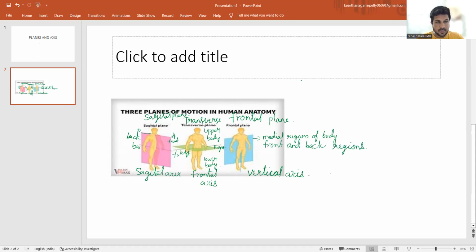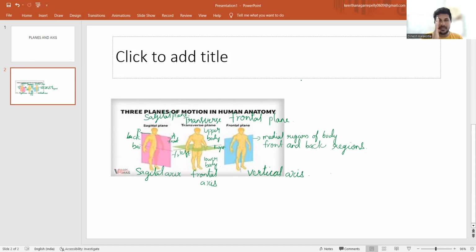Okay. So I just mistook the frontal plane with sagittal plane. So sagittal plane, while passing from posterior to anterior, it divides the body into right half and left half. Right. So the frontal plane divides the body into front and back. Okay. So I just confused the sagittal plane and frontal plane. Please correct it. Okay. So frontal plane divides the body into front and back parts, and sagittal plane